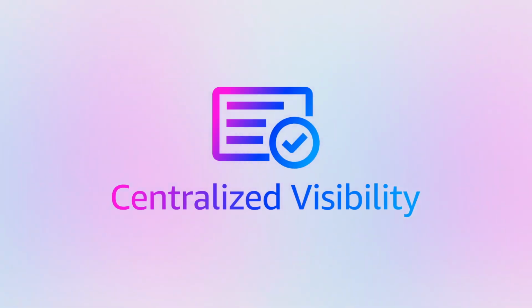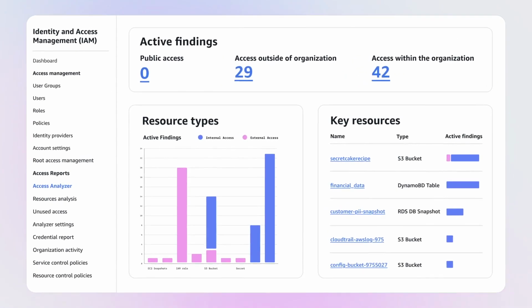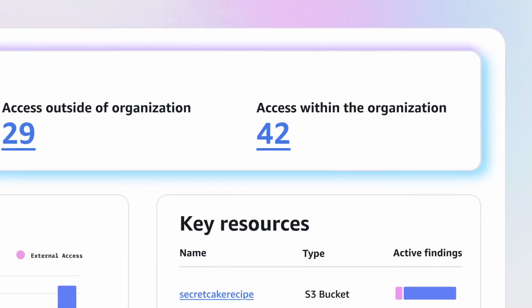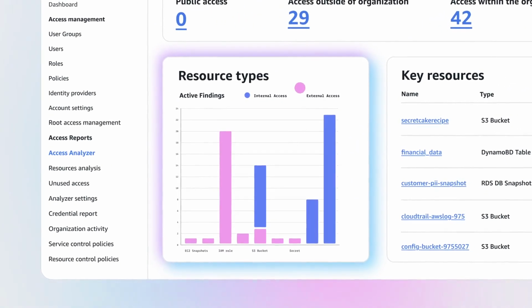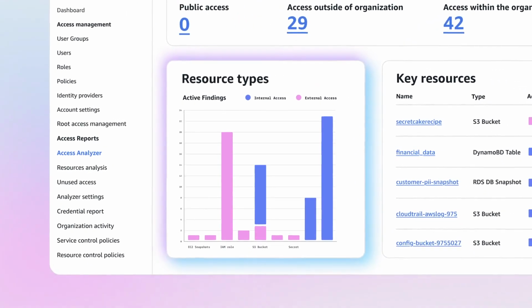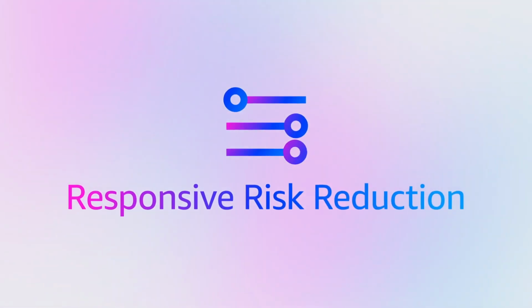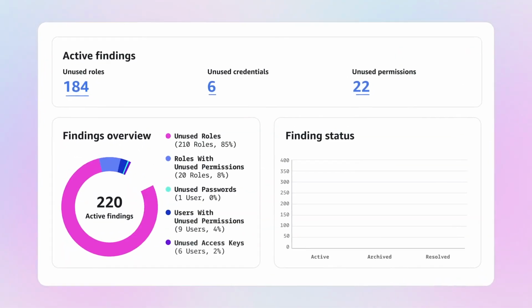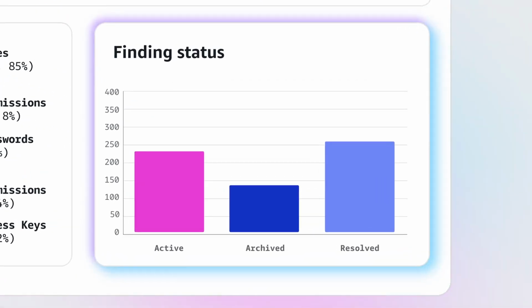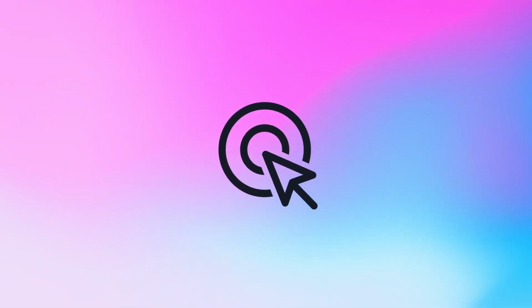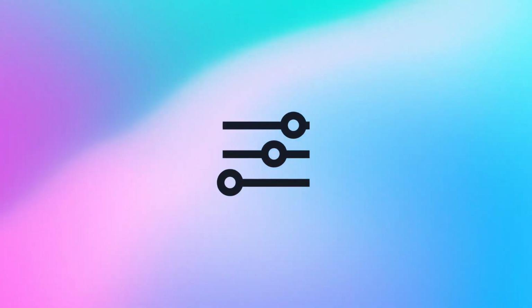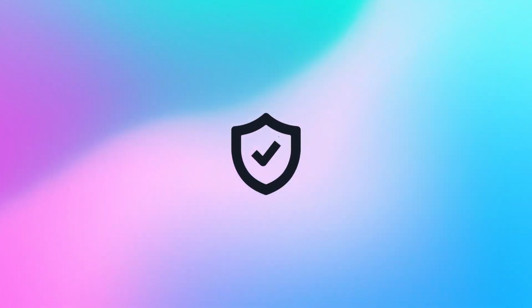Get centralized visibility in one unified dashboard that lets you verify user permissions across your AWS organization so you can track external, internal, and unused access. And responsive risk reduction monitors policy changes, delivering insights that let you refine permissions, ensuring only the right users have access. Now you can easily set, verify, and refine permissions across your AWS organization that help you meet your security